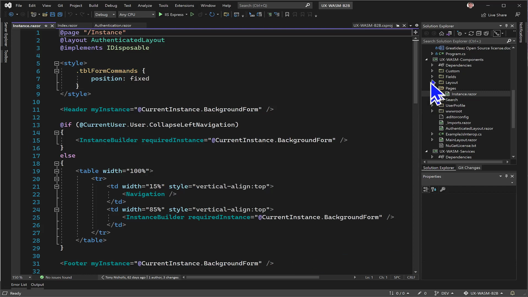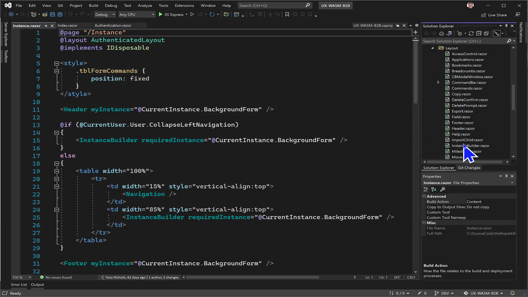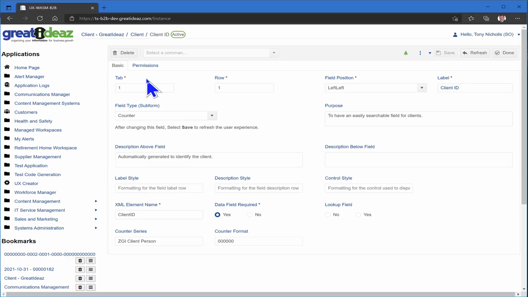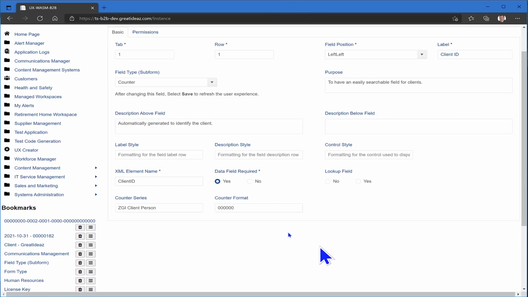If we open up our instance builder, you can see again that our instance builder is structuring the elements inside the page, and it's rendering a command bar and a toolbar. So let's quickly have a look at this so far. So this is the command bar, this grey bar here, and then this tab bar here is where we're actually laying out our tabs, our rows, and our fields. And all of this is the header, this down here is the footer,